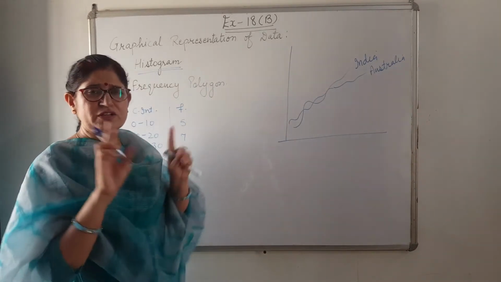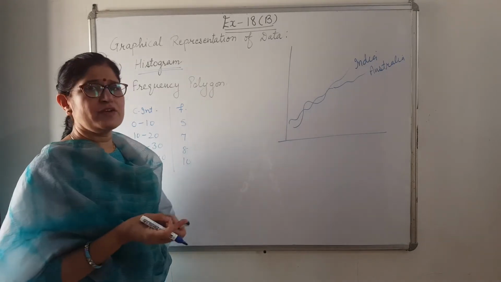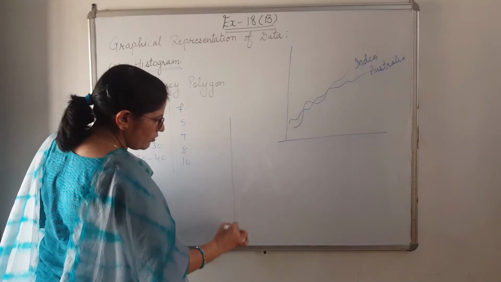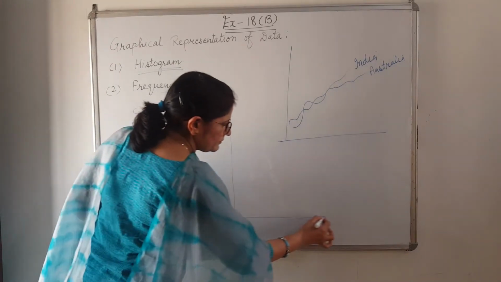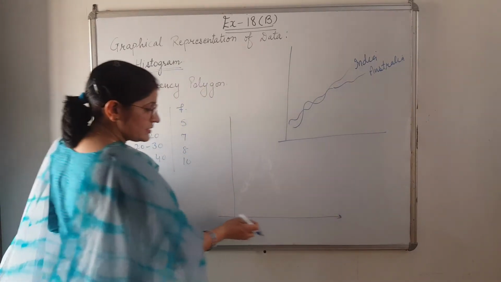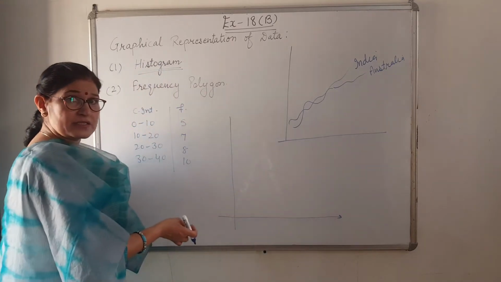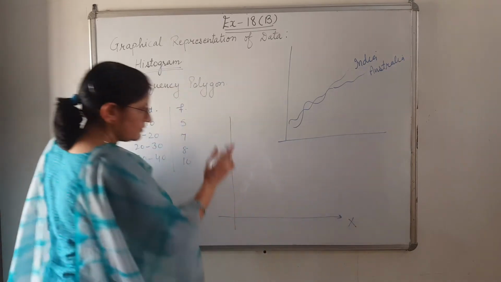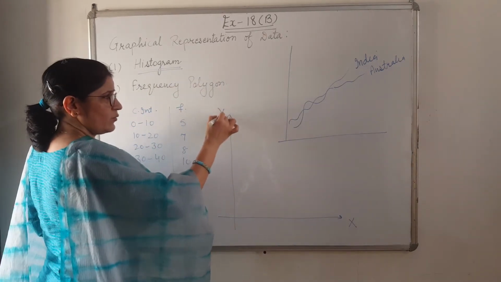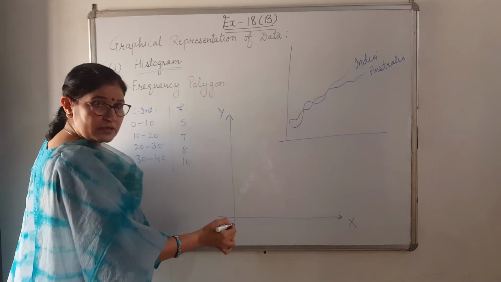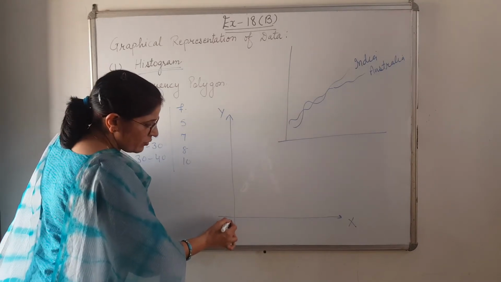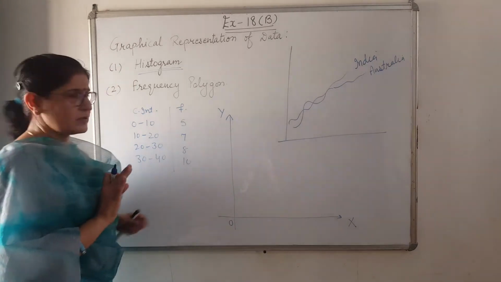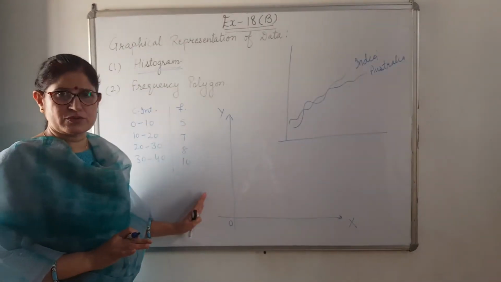Everybody is aware of the graph paper. Yes, we have done it in 8th standard also. So that graph paper we will take and we draw lines. This horizontal line is known as what? X-axis. Yes. And this vertical line is the Y-axis, where they both intersect is known as the origin, or we just mark it as 0, and they are perpendicular to each other. I think till here everybody knows, no?